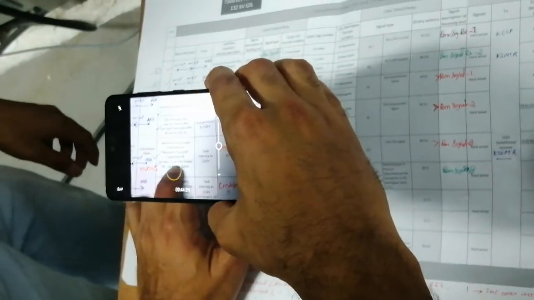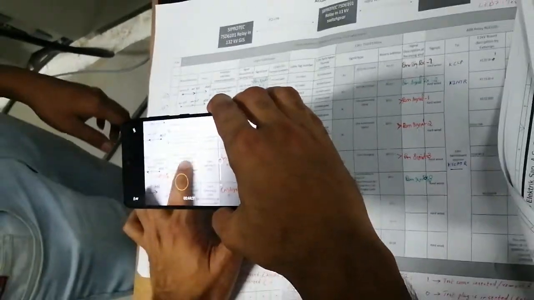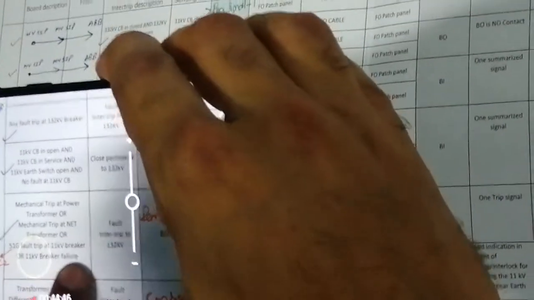We'll show you also the terminals. Actually all these protections in the 11 kV switchgear incomer are inside the ABB relay, the ABB relay which is installed in incomer 1. So the mechanical trip, all the transformer related protections are handled by the ABB relay, and the ground fault is also in the ABB relay, and the 11 kV breaker failure is also in the ABB relay. So one by one we will force all these signals in the ABB relay. So what is the result?